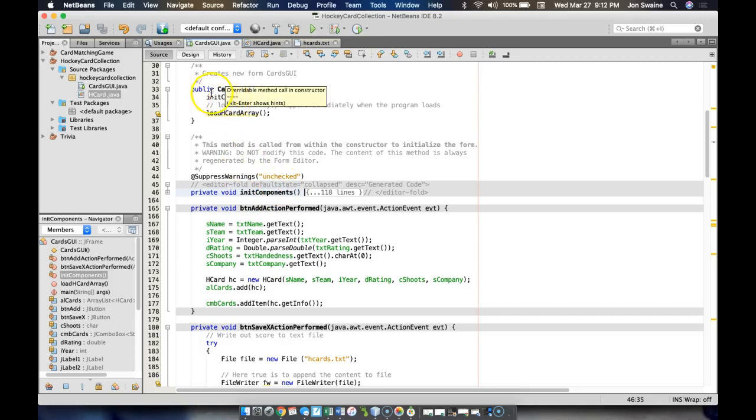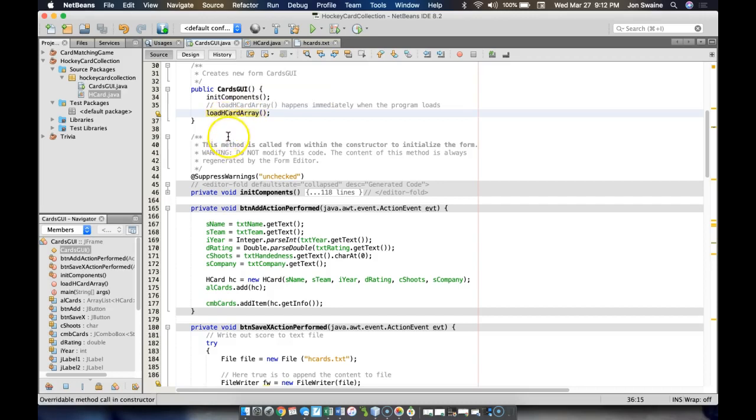Okay, but you should be aware that init components is the indication that this is where the form is being built, and so if you want something to happen right away in your game, you put it right here. So this happens right away in my, I keep saying game, but my program. So this says